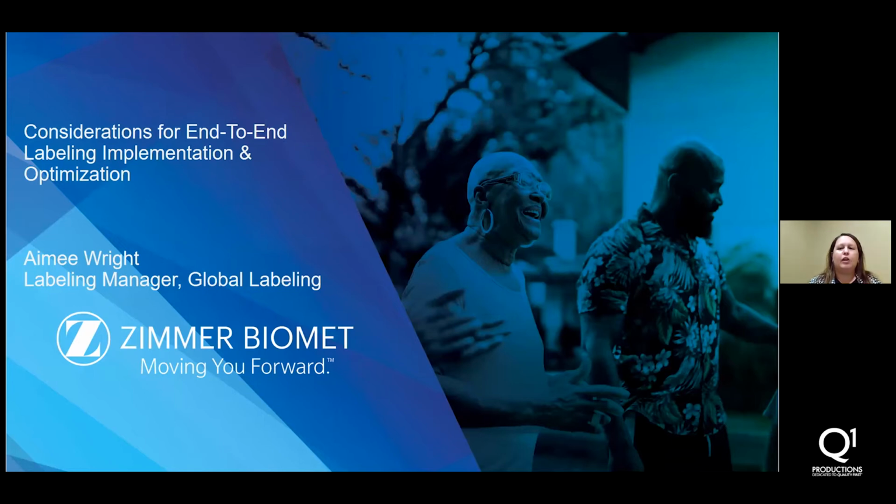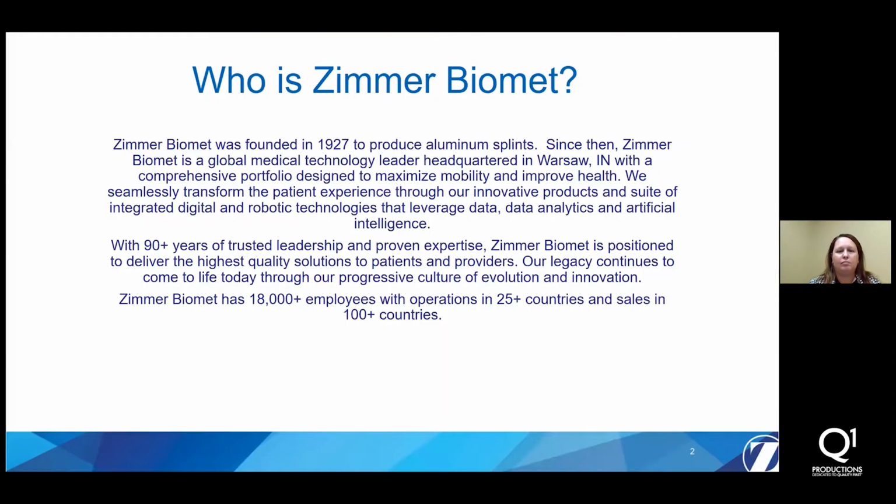So first thing I want to go through is who's Zimmer Biomet. Zimmer Biomet was founded in 1927 to produce aluminum splints. Since then, Zimmer Biomet is a global medical technology leader headquartered in Warsaw, Indiana, with a comprehensive portfolio designed to maximize mobility and improve health. We seamlessly transform the patient experience through our